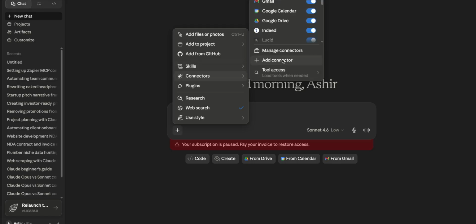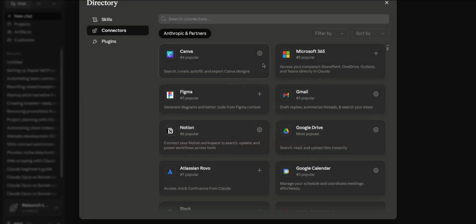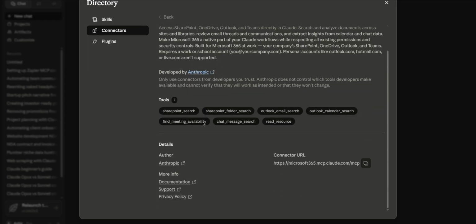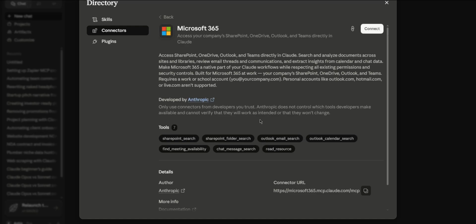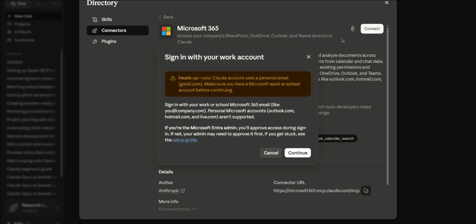Alright, so guys, we're back. So just click on the add connector option. Over here you will see Microsoft 365, where we can scan and access company SharePoints like 365, which has OneDrive, Outlook, Teams, Microsoft Excel, PPTX, PowerPoint, and Word. Just click on connect and click on continue, and then all you have to do is